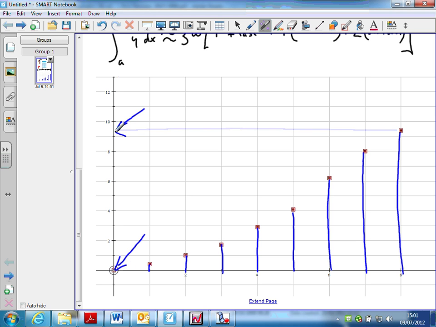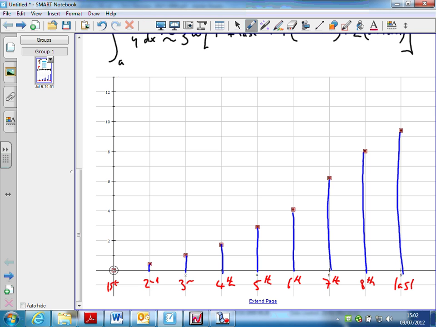The last ordinate would be this value here. And then we've got the other ordinates in between. So this would be the first value of x, second, third, fourth, and so on, fifth, sixth, seventh, eighth, and